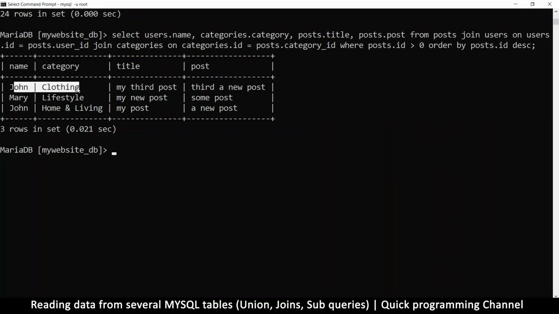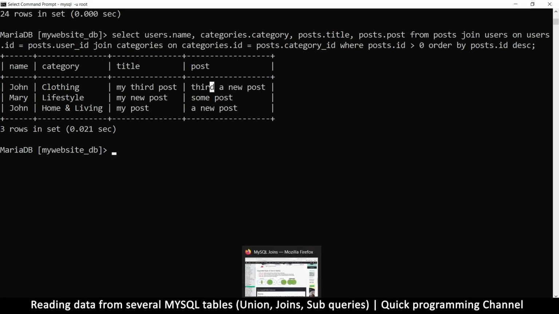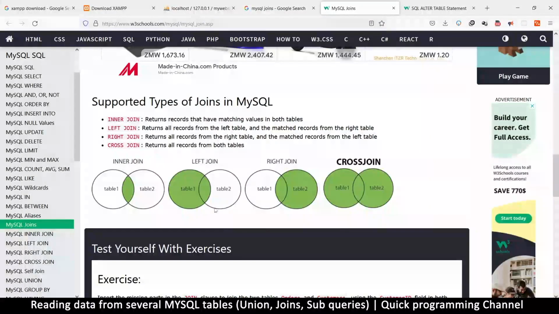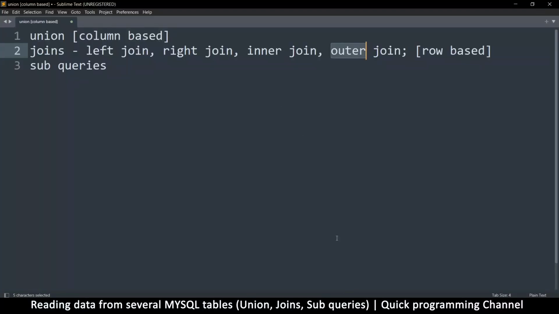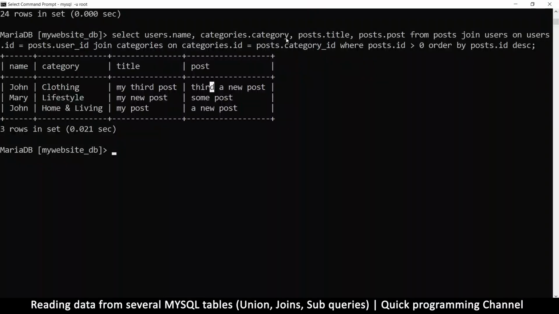So you see, John wrote this in the clothing. John also wrote this in home and living, and these are the posts here. So very cool, right? Now, I'm particularly not a fan of left joins and right joins myself. I just like using join for the cross join like this one that we've used. This is a join I use the most. But you can also do left join. So let's try a left join in this case. So hopefully you have